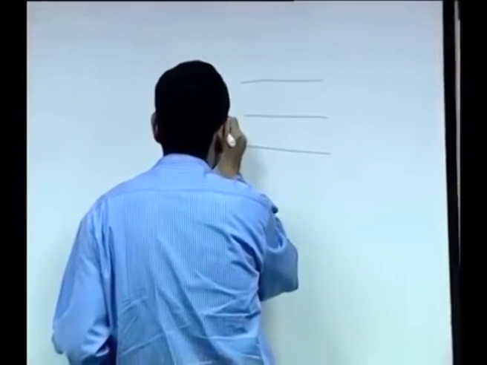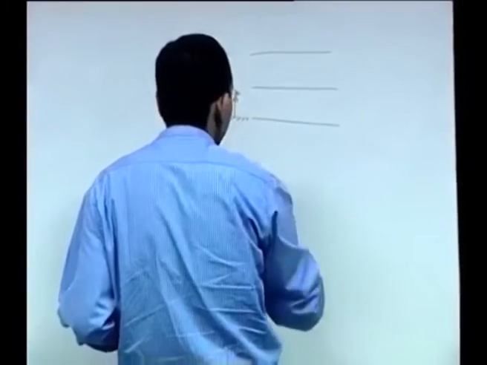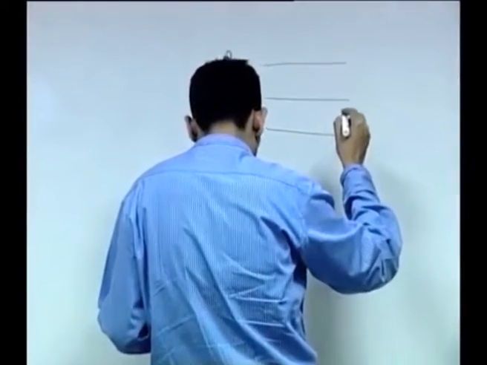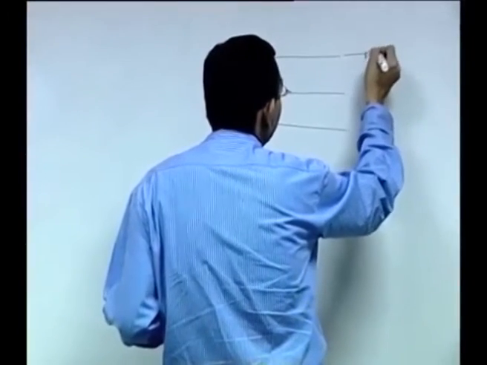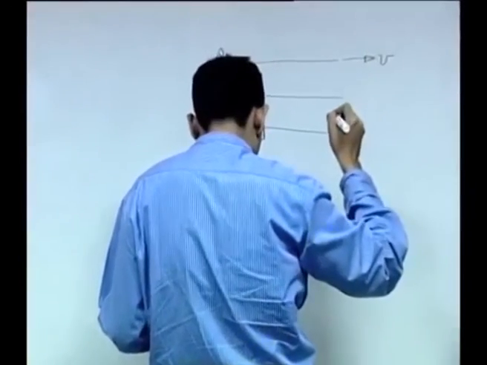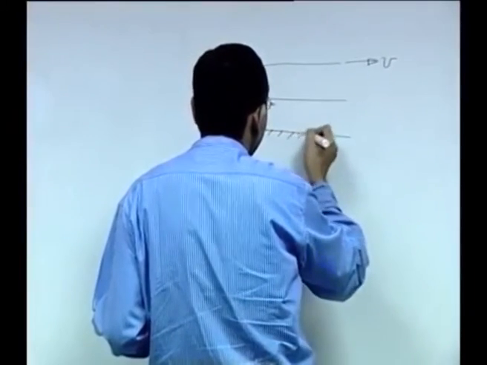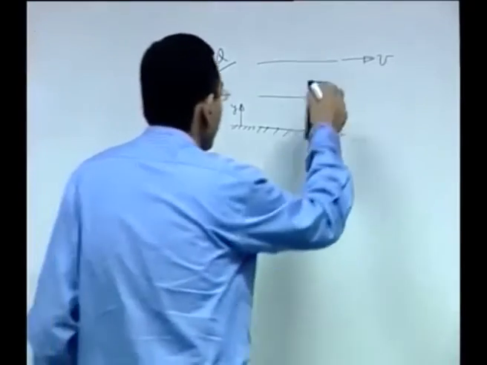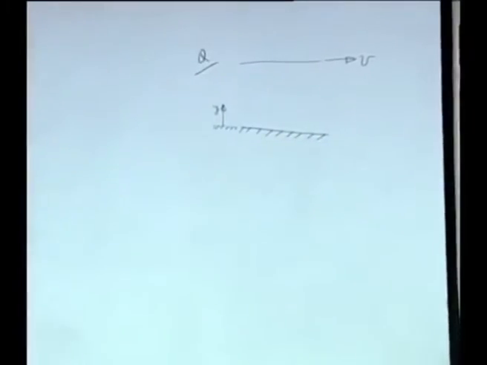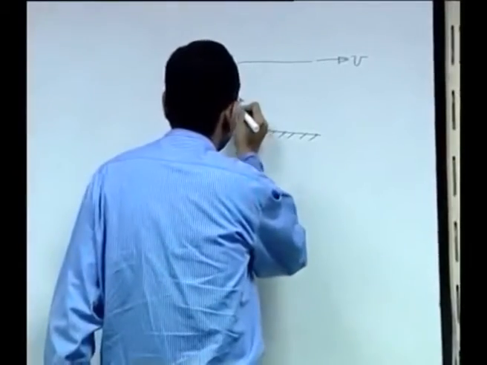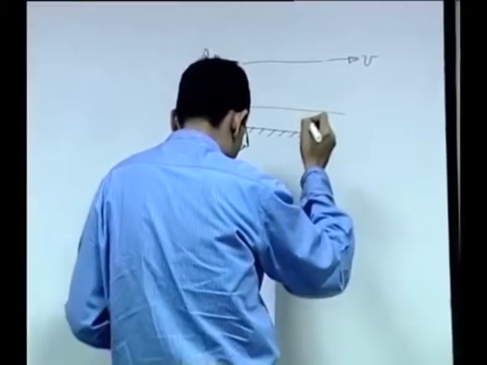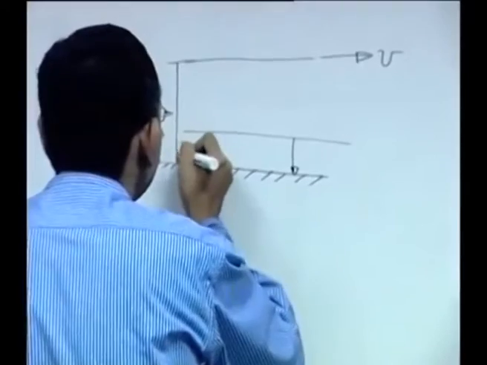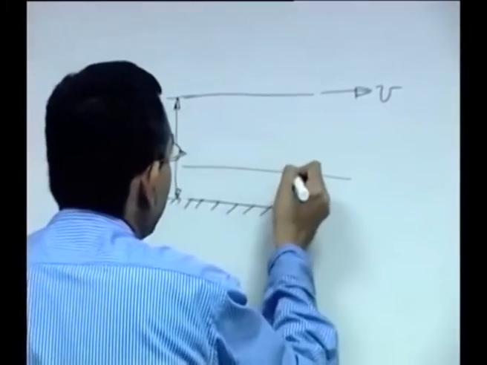and the y axis having its origin at the bottom plate. The top plate moves towards the right with a velocity of capital U, the bottommost plate is stationary, and in between, not at the midway, but roughly at 1/3. So, exactly at 1/3 of the distance between the plates, that is if the total distance between the top and the bottom plate is h, then at h by 3